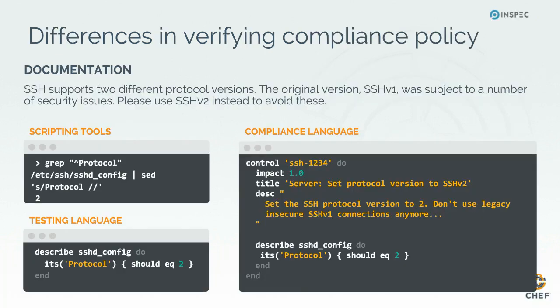Traditionally, auditors have been operating in this world of documentation, right? They would come to us and say, hey, can you make sure that we're only running SSH version 2 on all of our production systems, because SSH version 1 is vulnerable. And we know that when you install a Linux system by default, it supports both, right? So can you please make sure that our production systems are only running version 2?